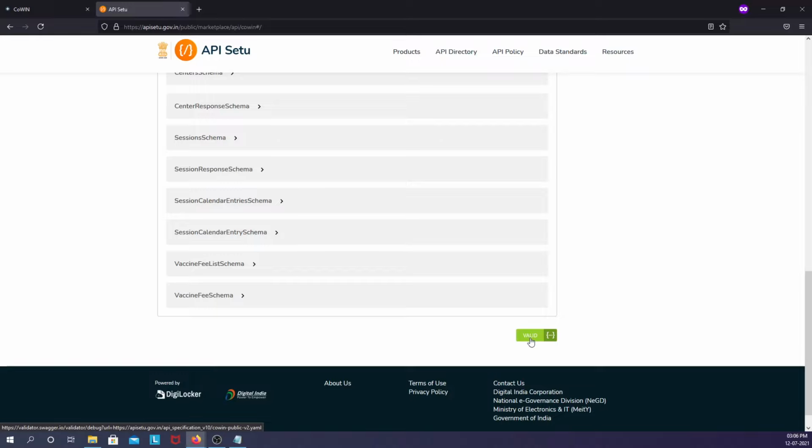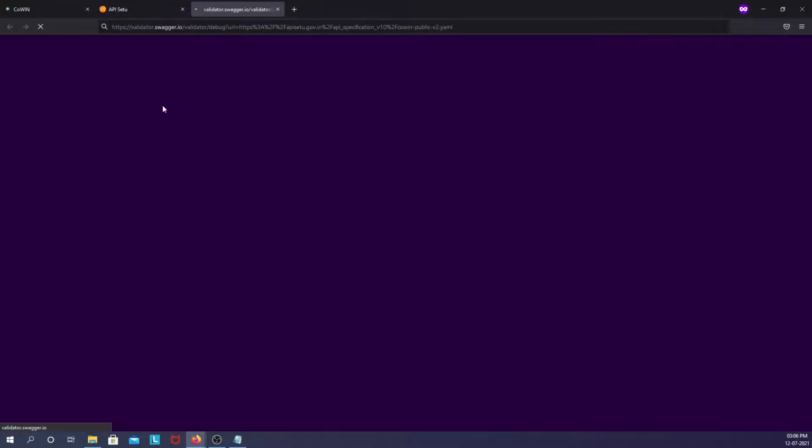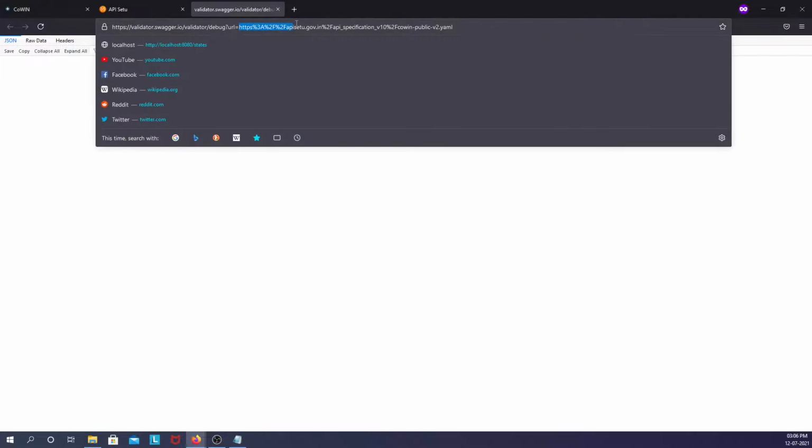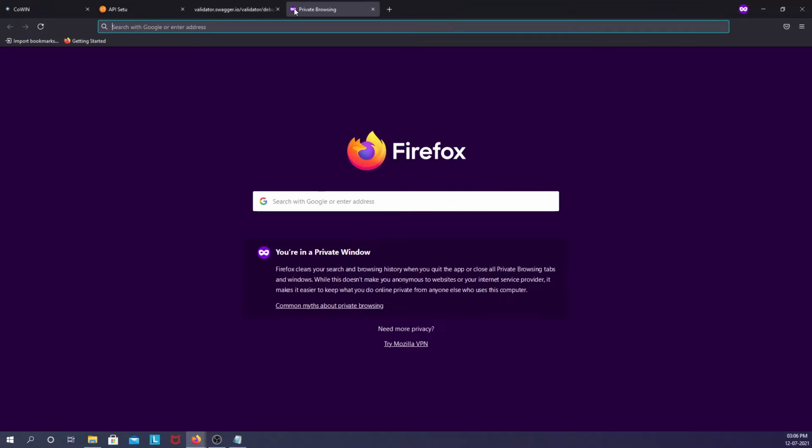button. If I click this, I am taken to a separate URL. If you clearly observe, there is some URL here which says the YAML. So this is the documentation that I'm talking about, the machine readable, machine understandable representation of the documentation for this API. If we are able to get that representation, we can create the model or the API endpoint invocation logic with the help of Swagger.